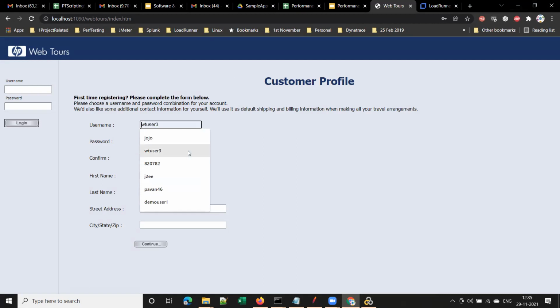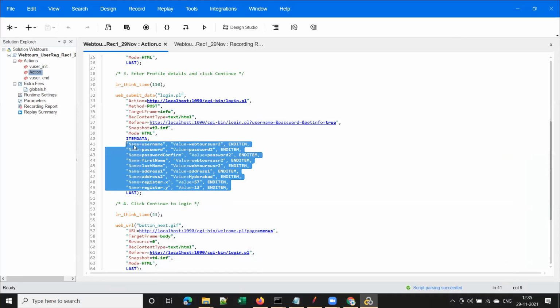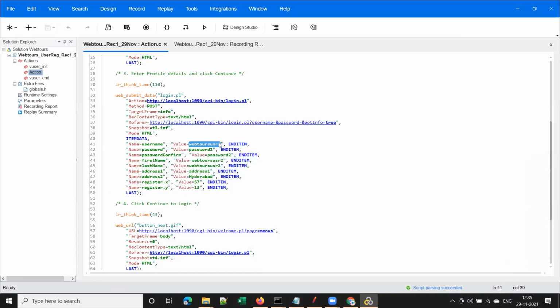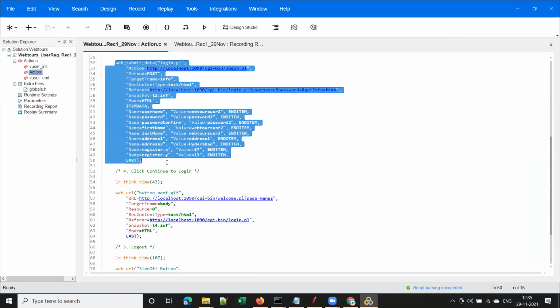Understood, guys? So when you submit this form, the form data will be recorded like this as item data. Under the item data section, all your form data will be recorded like this. Observe here, whatever data I entered in the form is recorded here. So basically, this is the registration request. Once I submit the form, this is the request that went to the server.